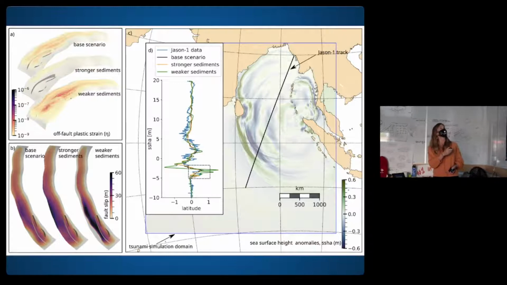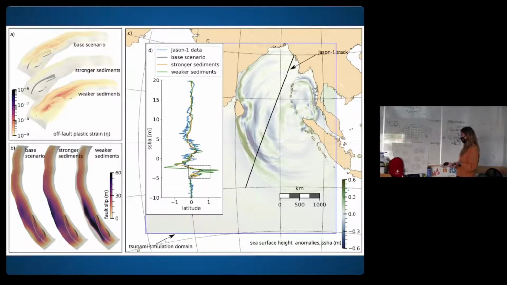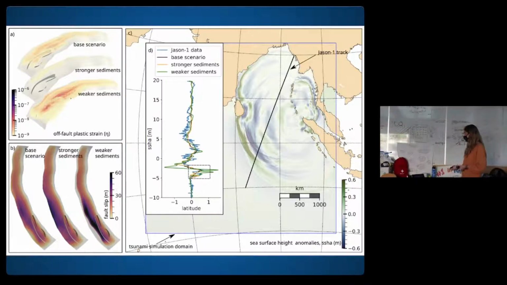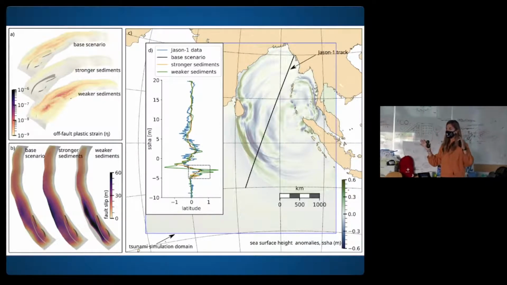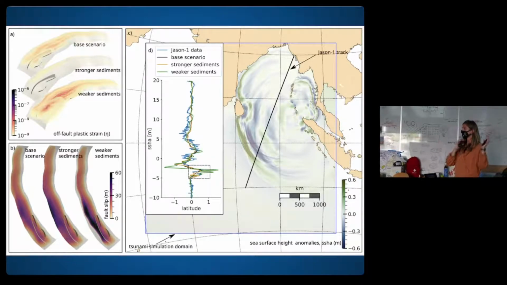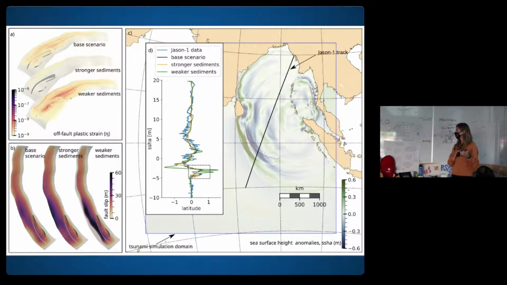Okay, so the conclusion was that the weak sediment scenario produces the largest wave, but the stronger sediment scenario best matches the tsunami data. And I turn it over to you guys and say, do you agree? Not necessarily right here, right now, because you can't even really see this that well, but these kinds of questions are very open. There are a lot of things unanswered in this work, okay? And a lot of stuff I didn't